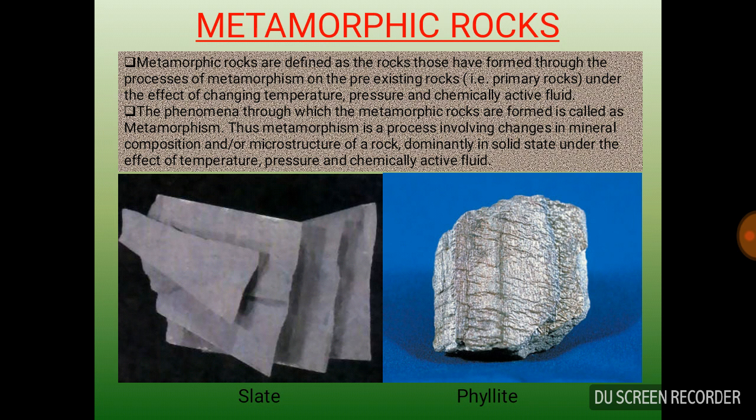Now, plastic deformation, recrystallization of mineral constituents and development of parallel orientation are typical characters of metamorphic rocks. They are megascopically distinguished from other rock types by the development of features like cleavage or foliation, schistosity, granulation, etc. Metamorphic rocks are generally formed at great depths,